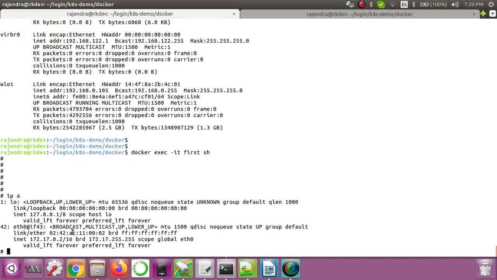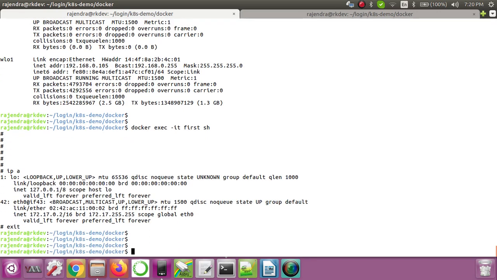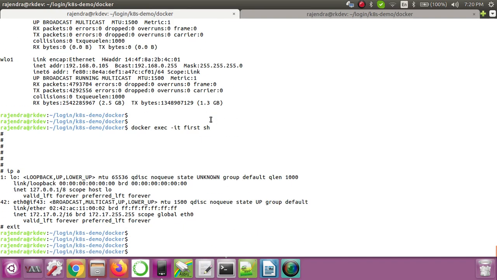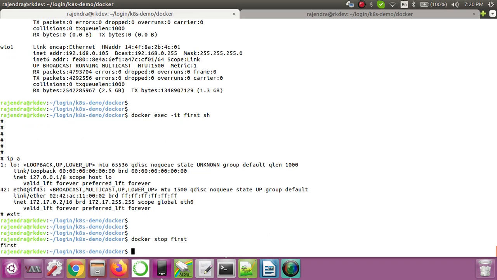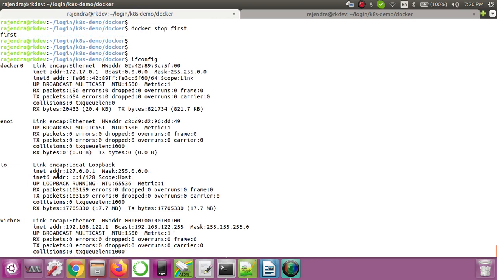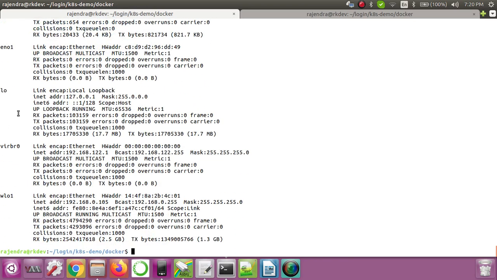So how can you see more network related information? For that we have a command called docker. But before that, you can see that this interface got created when we started the container. If I stop the container with docker stop and now do ifconfig, you can see that the virtual interface got removed.